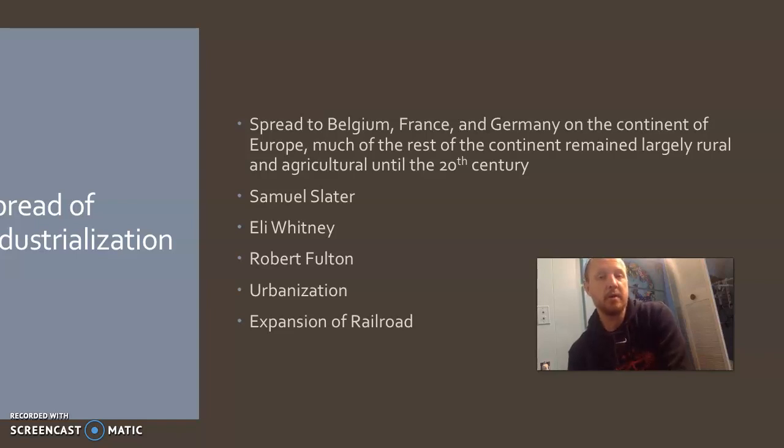And people said, well, one of the biggest reasons there's poverty is it's really difficult to refine cotton. We can grow a lot of cotton and we can pick it, although that's labor intensive, but refining it, we just can't do it fast enough to make a good profit. So he created what was called the cotton gin. I'm sure you've heard of it. Basically, it purifies cotton, gets all the seeds and everything out of it, and makes it ready to use. And it does it much, much faster.